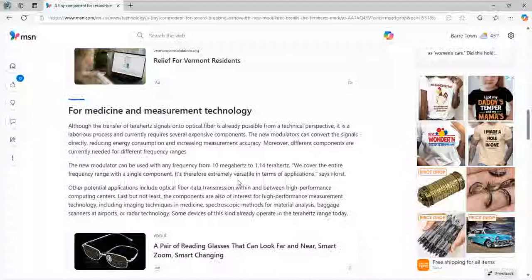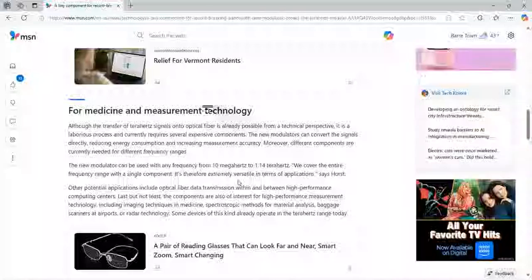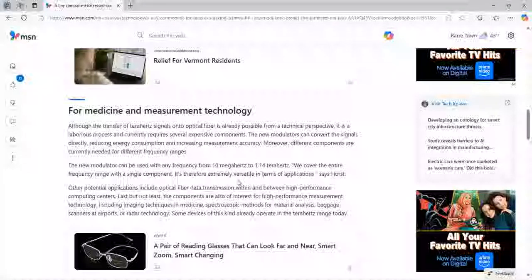We cover the entire frequency range with a single component. It's therefore extremely versatile in terms of applications, says Horst. Other potential applications include optical fiber data transmission within and between high-performance computing centers. Last but not least, the components are also of interest for high-performance measurement technology, including imaging techniques in medicine, spectroscopic methods